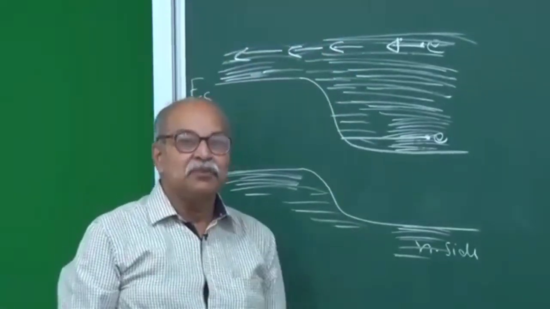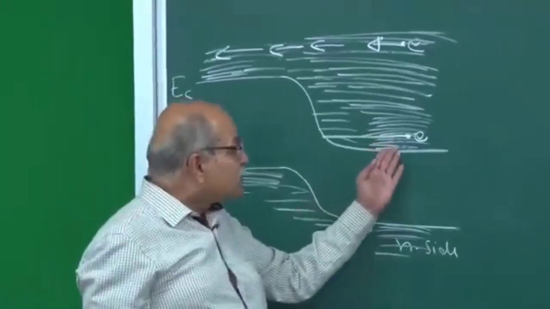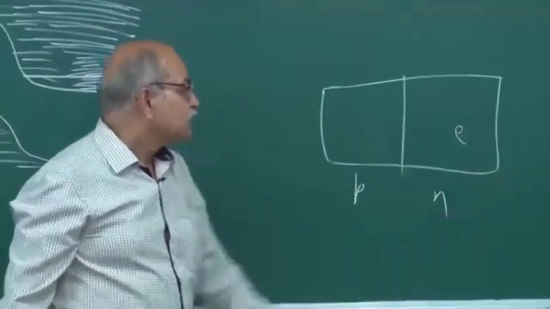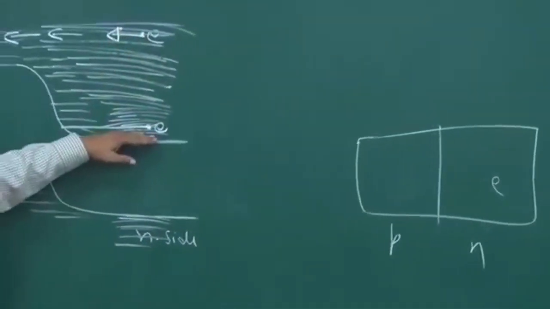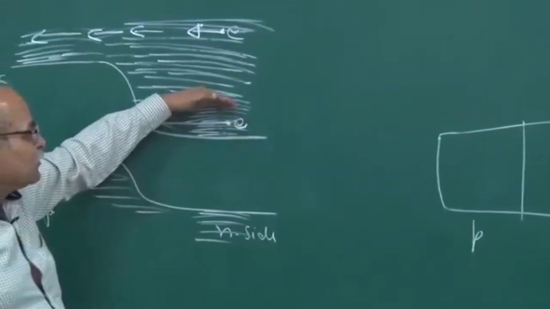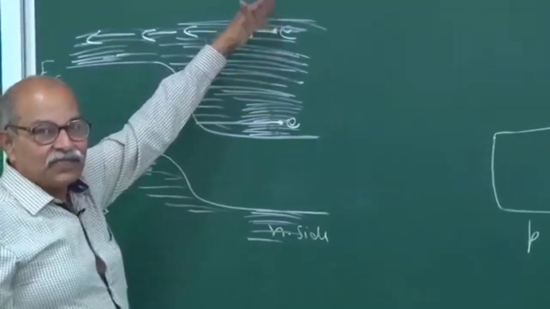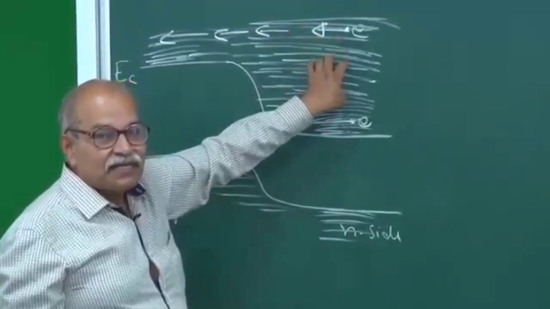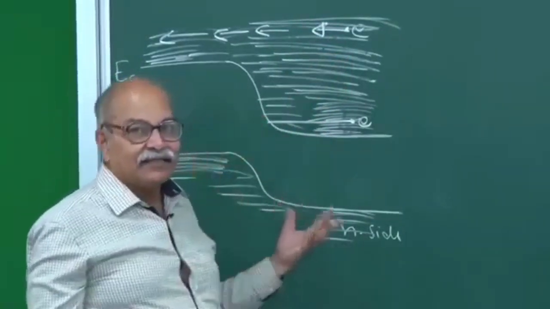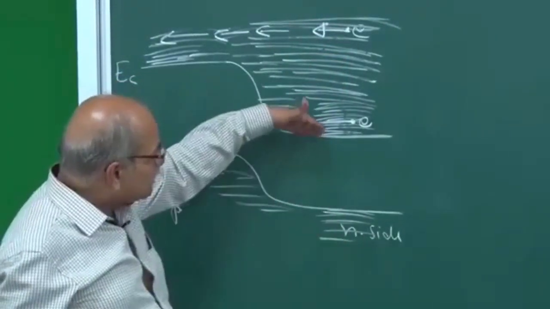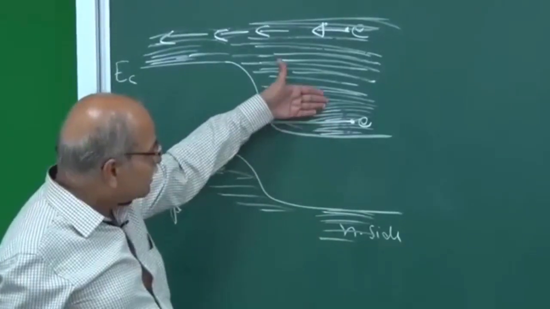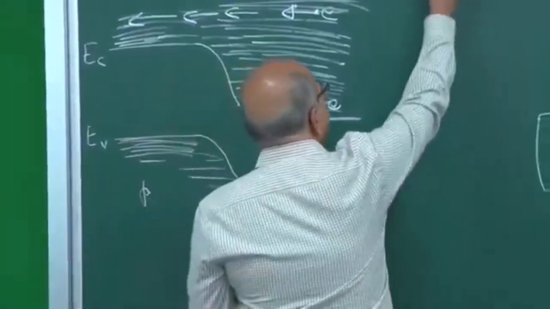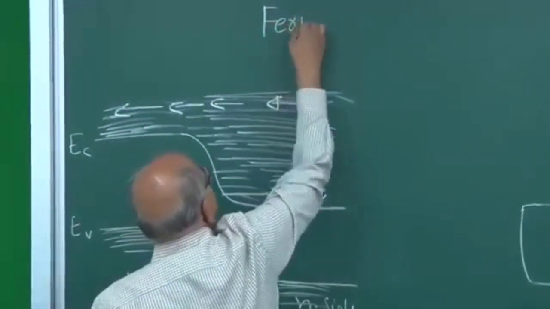So it becomes very important to find the occupancy of these quantum states. You have a lot of conduction electrons here inside. How many of those electrons are in these quantum states, and how many are in these quantum states, and so on? So the distribution of electrons in different quantum states of different energies is very, very important if you want to calculate the currents and anything. And to get that distribution, how many electrons are in these energies, and so on, you need a very important concept, a parameter which is known as Fermi energy,